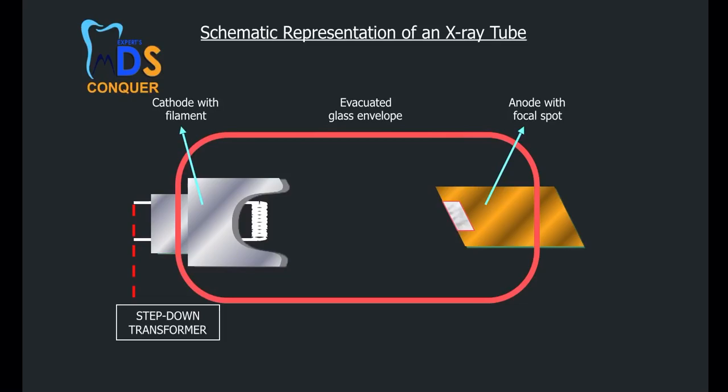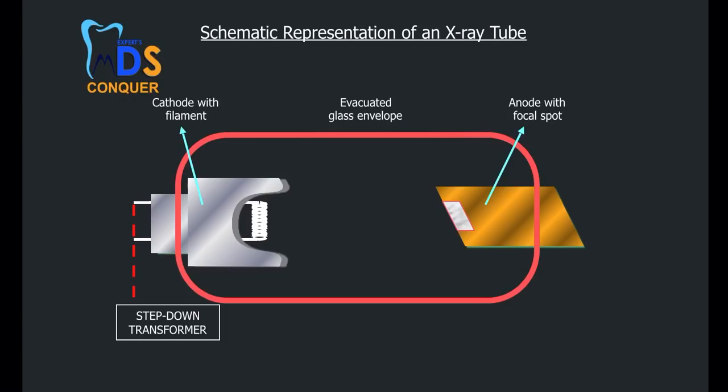So you have to mainly remember that the angulation is about 20 degrees, which is the line focus principle, in order to decrease the effective focal spot size. In order to decrease the size of the focal spot from actual to the effective focal spot size, which is finally 1 into 1 mm, it is slightly angulated. This is mainly related to heat dissipation. That is an important concept again.